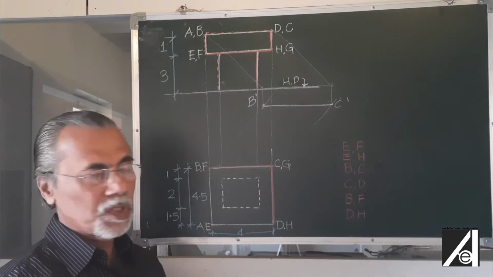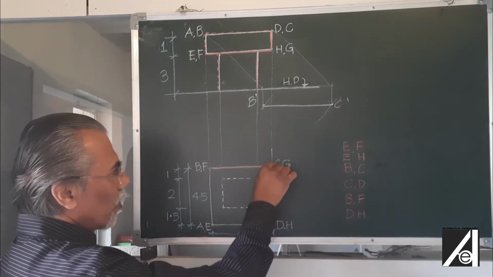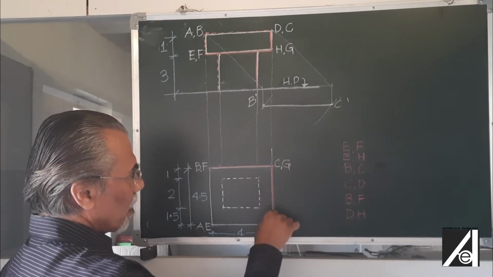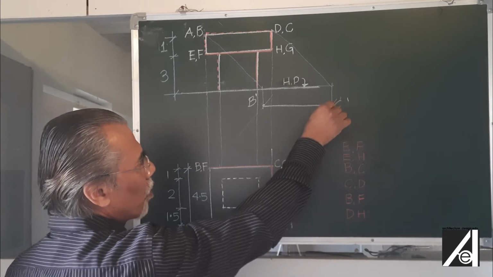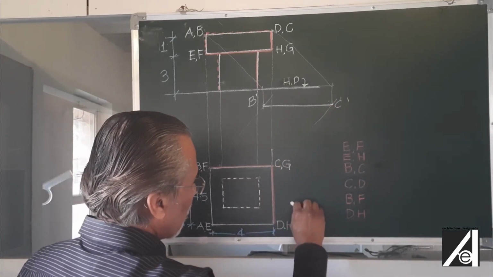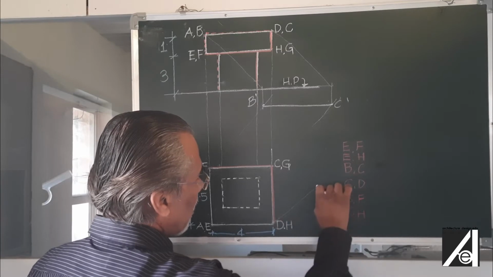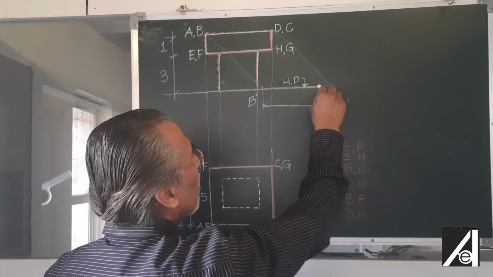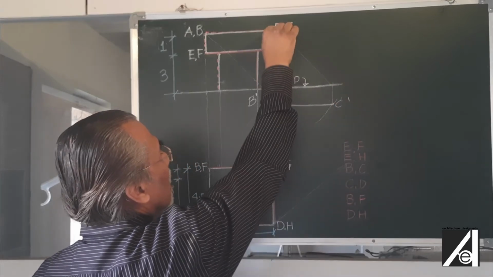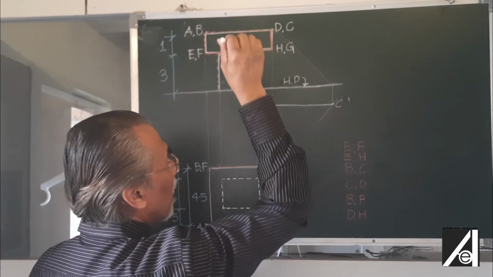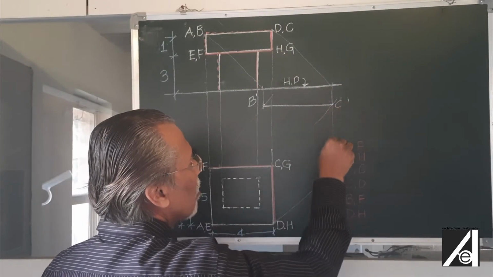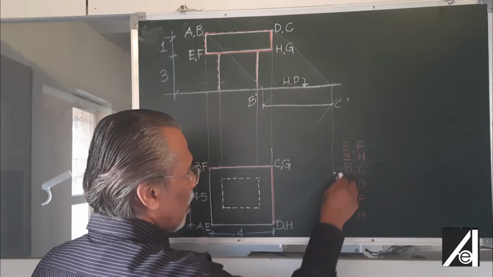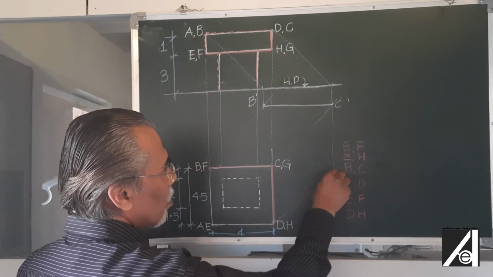I hope you understood this. Then this edge, that is CD. Point C we already obtained, D we need to project. So I project D like this along this line, and this same line holds good for D because they are in one line. So we bring it down, and this is where I get D dash. So I can join C dash and D dash.